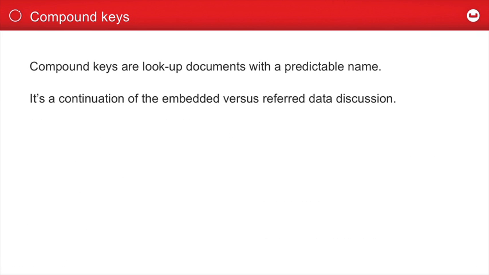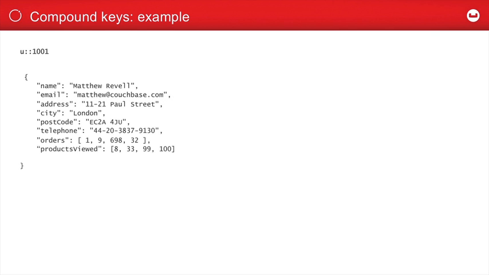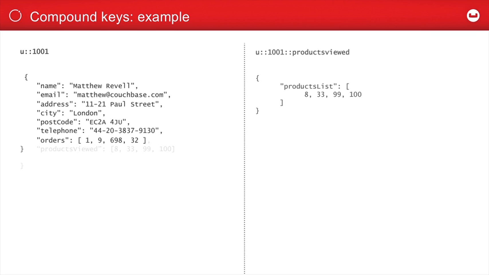Okay, compound keys, very, very briefly. Compound keys are a continuation of what I just showed you with the semantics in the key name. So let's have a look at this. Here, yep, that tells us it's a user document. And then we could add onto that key name, products viewed, and that will always give us back a document that shows us what products that person has viewed. So again, this is like the embedded versus referred discussion. But if we're erring towards referring,